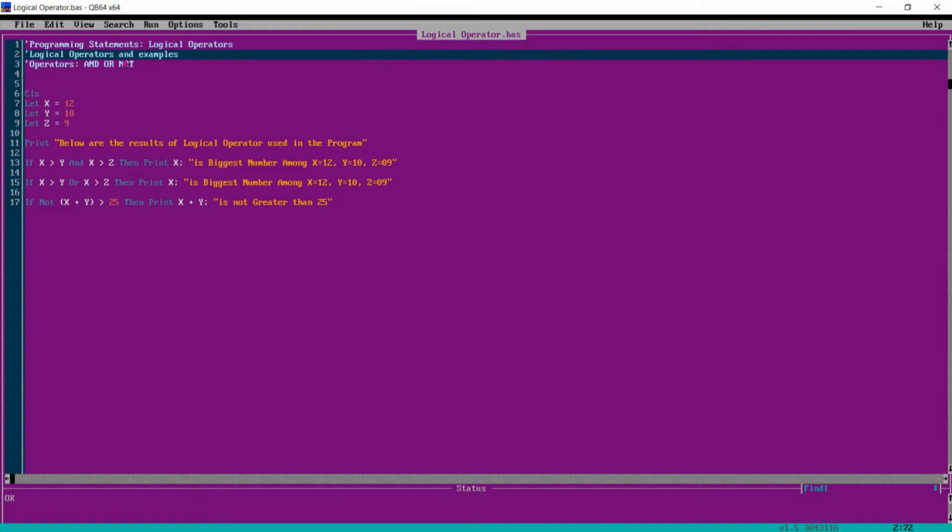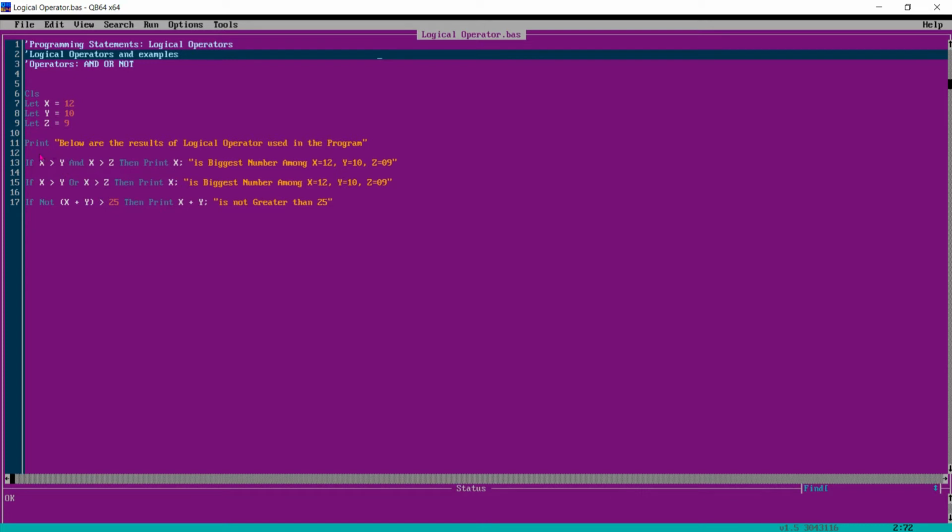So let's see how we can use them. The first operator is AND. It means all conditions should be true. Here you can see I have defined three variables x, y, z, and in line number 13 you can say x is greater than y.